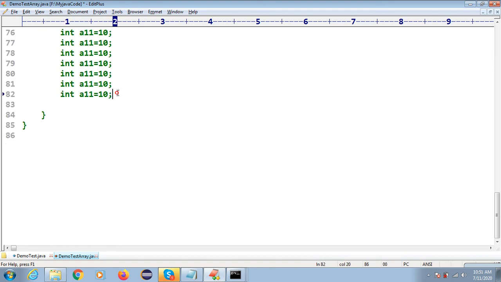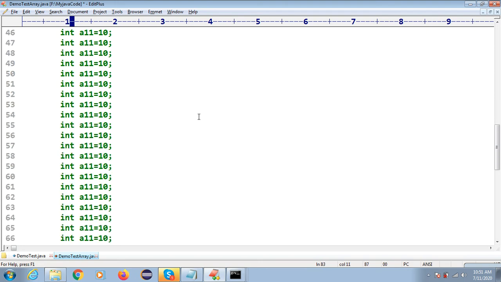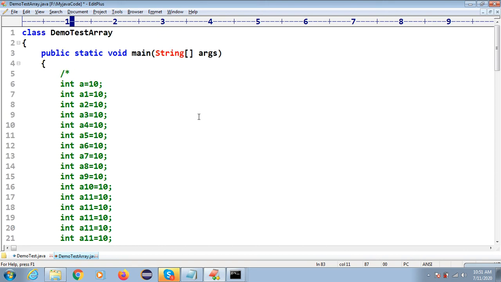I told you why array and what is array, and the third question is how to create an array. So now I'm going to create an array. So int, again we have to use the data type here. We have to tell the JVM and compiler this. I'm giving the size as 5.